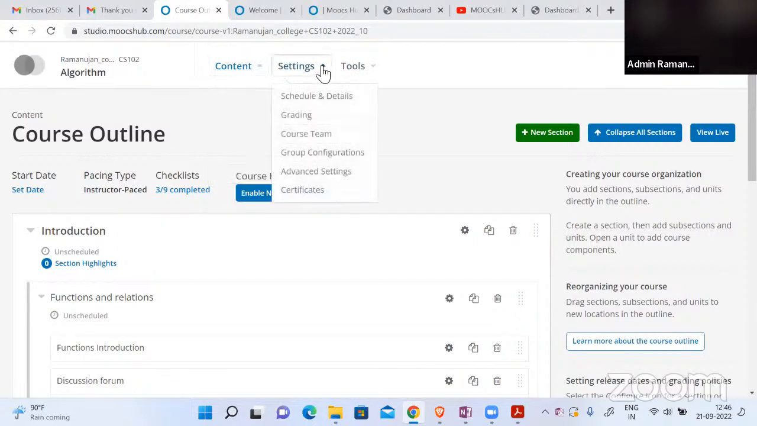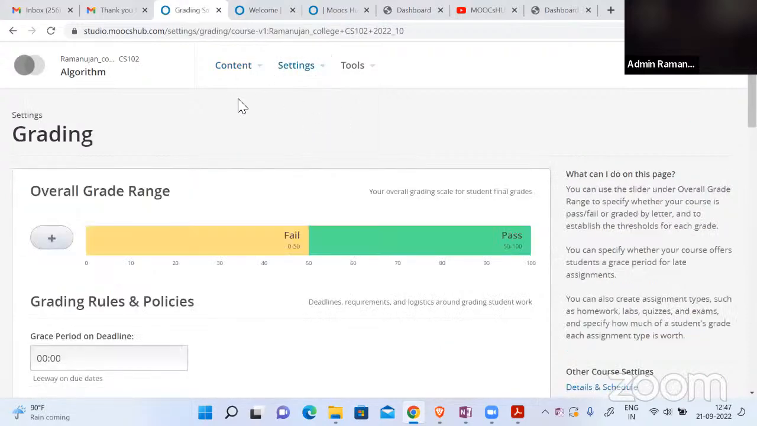All of these in this session. Now let's understand these two settings. Let me start with grading. So in grading,